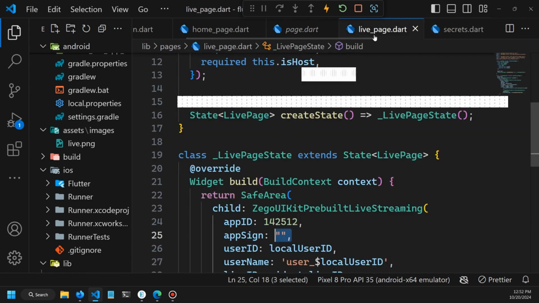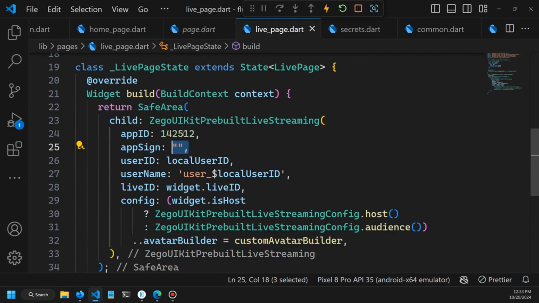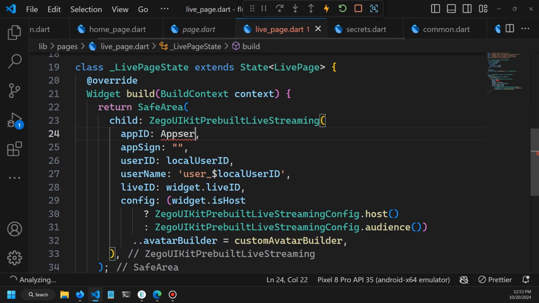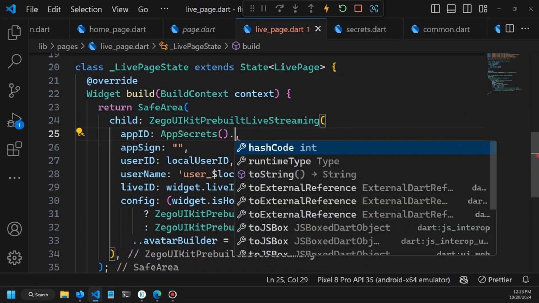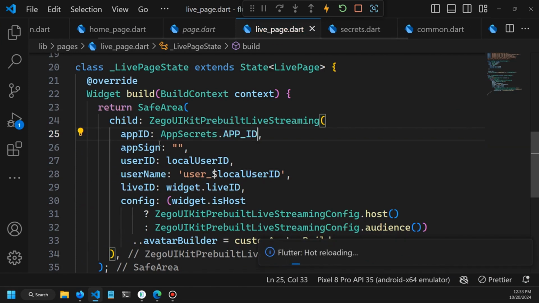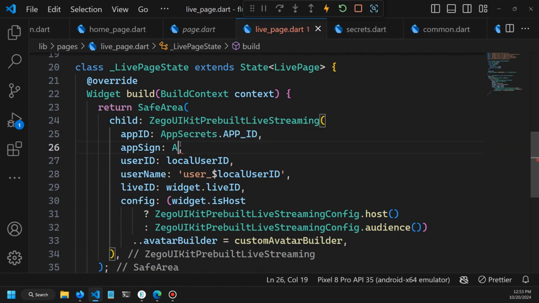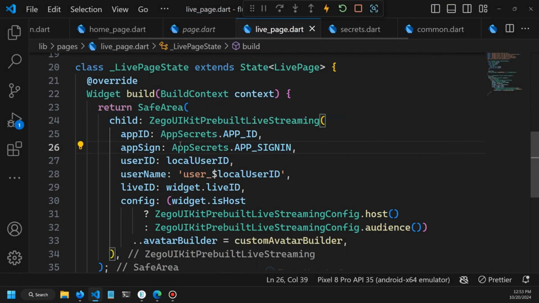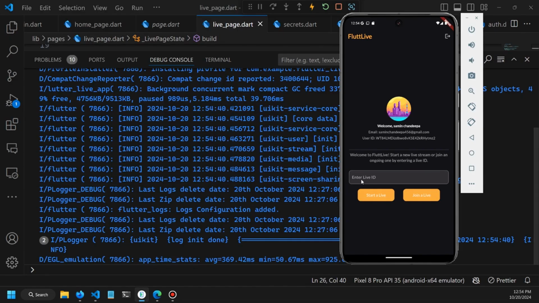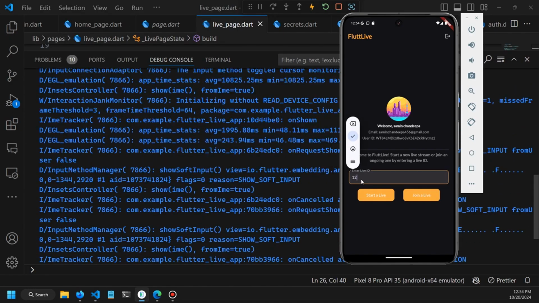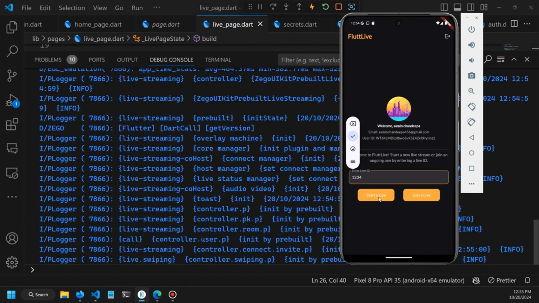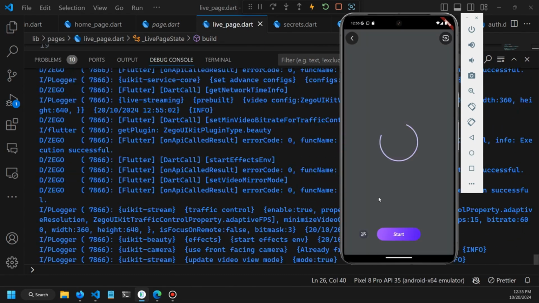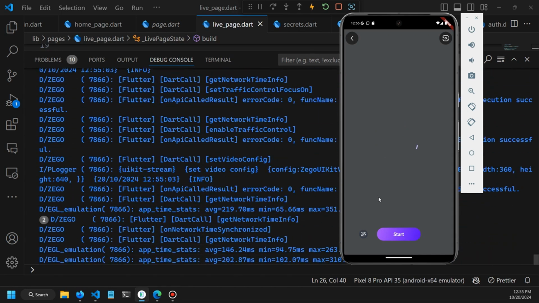Okay. So next, move to the live page, and inside the live page, you can use the app secrets class to get the app ID and the app sign in correctly. App secrets app ID and app secrets app sign in. Okay, after getting these two, let me stop the application and rerun it. Okay, let's test this again. Let me enter the live ID as 1234 and start the live. So you can see the live is starting,